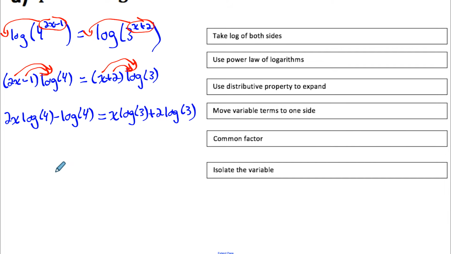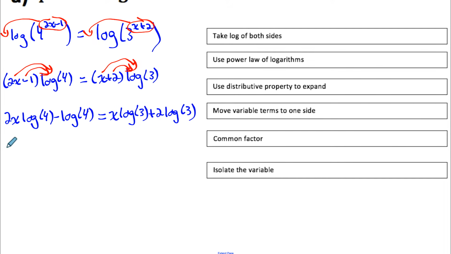Now it's fully expanded. I have 4 terms. 2 of those 4 terms have a variable. That term and that term, we call those the variable terms. Since I want to isolate the variable, a good strategy to use is to get all the variable terms to one side of the equation, and then get the constant terms, log 4 and 2 log 3, to the other